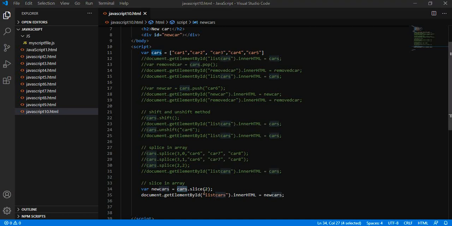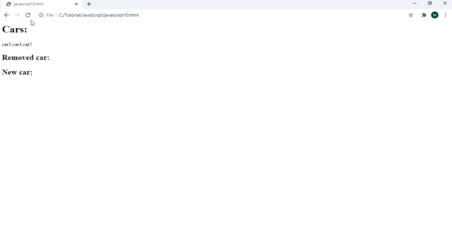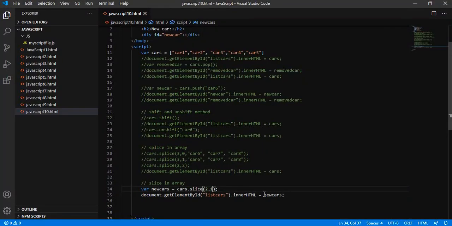If I am adding 2, 1, then what will it print? When we define slice with only one argument, it returns all the values after that.